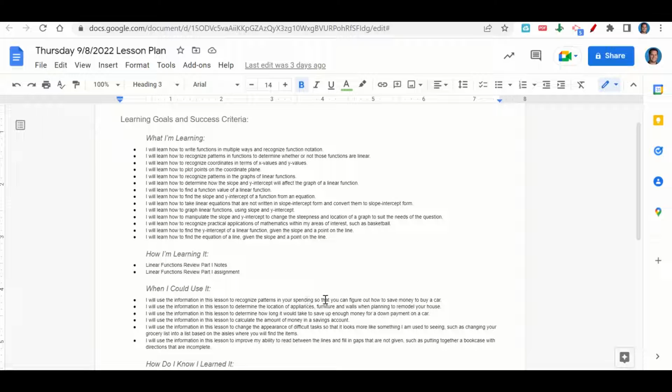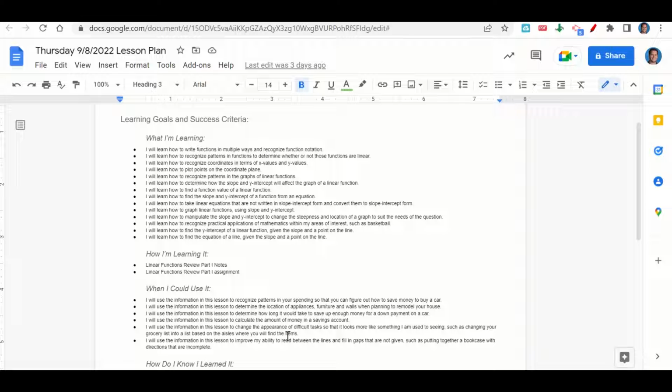To recognize patterns in your spending so that you can figure out how to save money to buy a car, to determine the location of appliances, furniture, and walls when planning to remodel your house, to determine how long it would take to save up enough money for a down payment on a car,